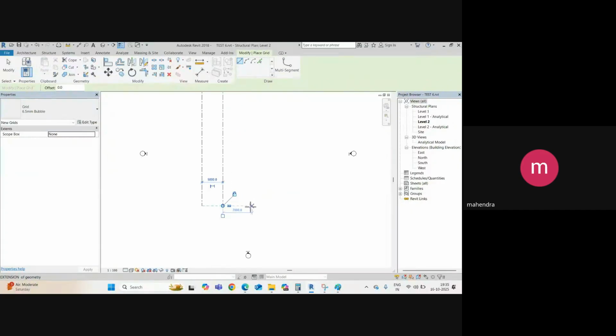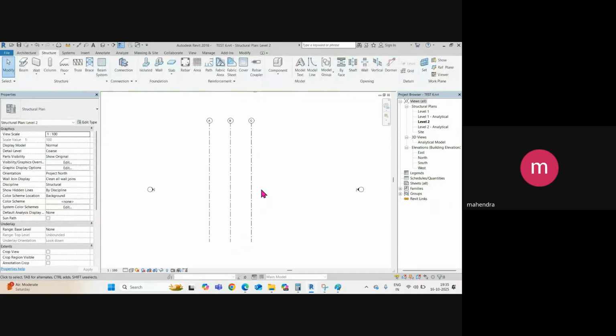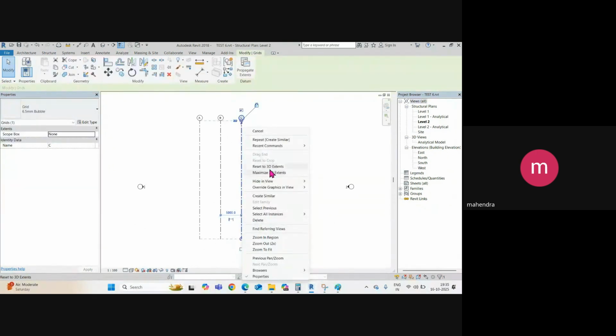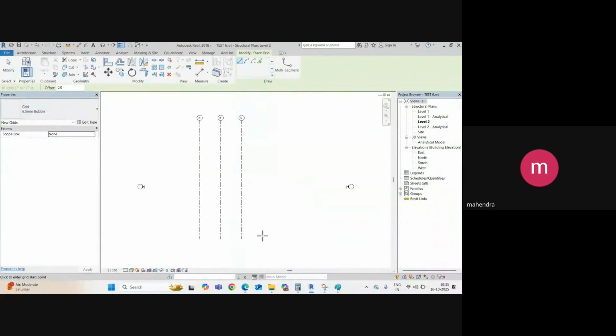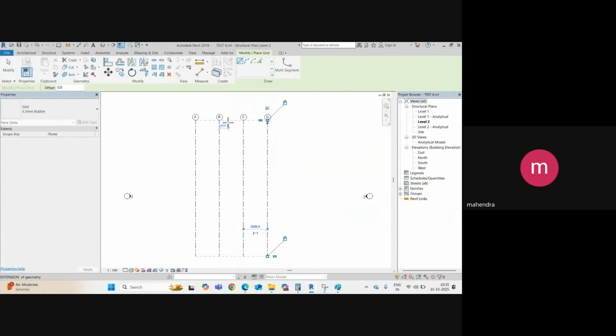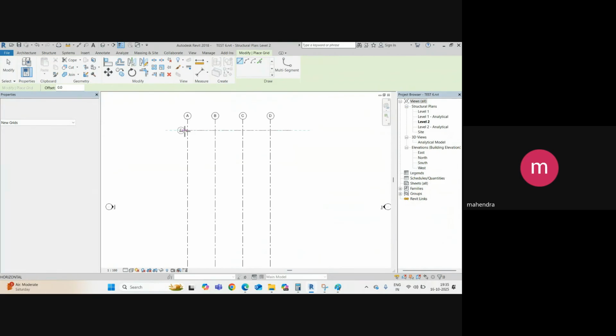Then again, what is the distance? It's 5 meter. So I will go again 5 meter. Suppose this is your C center, and I will add again one grid D, right? So this is your grid D, and